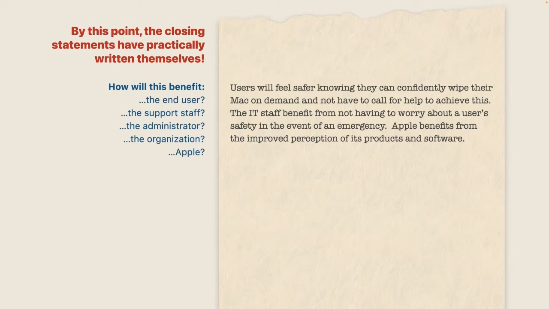By this point, the closing statements have practically written themselves. How will this benefit the user, the support staff, the administrator, the organization, and finally Apple? It might be that what you've discovered or what is happening in your organization is something that may actually benefit the end user in the end. And finally,